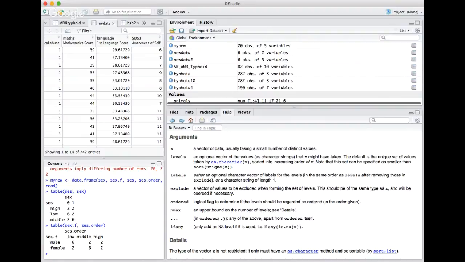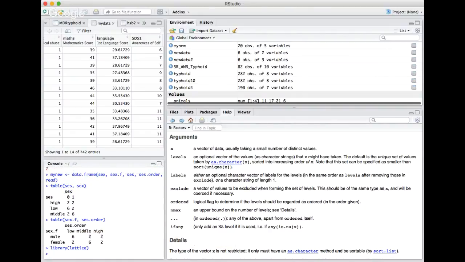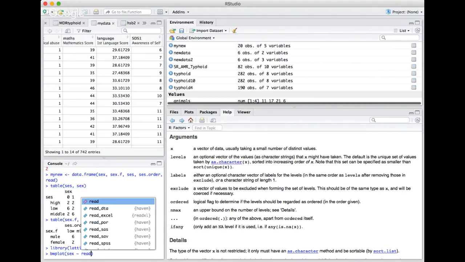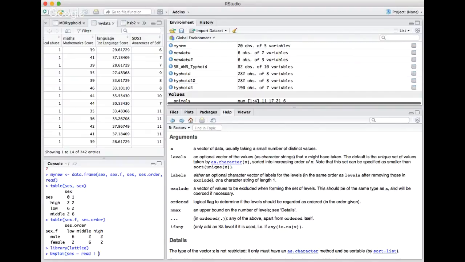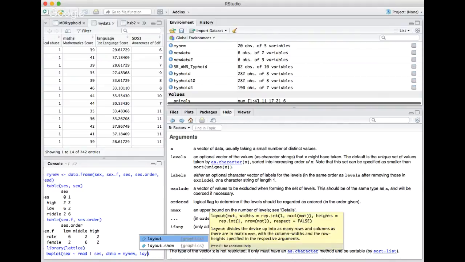And now I will go for box plot. To do that box plot, I would use the library lattice, and then we would do this box plot with the command bwplot, and we'll write read is equal to, and I want to randomize for the socioeconomic status, comma, data will be my new, and layout will be,